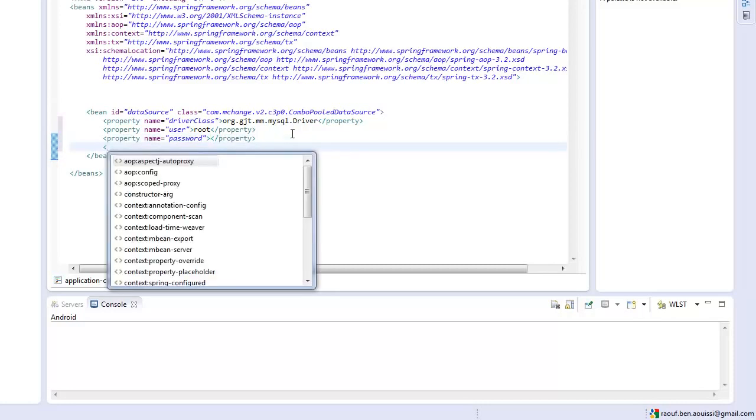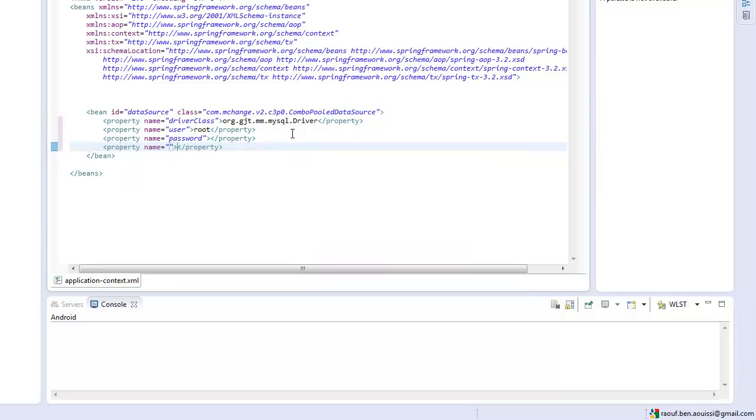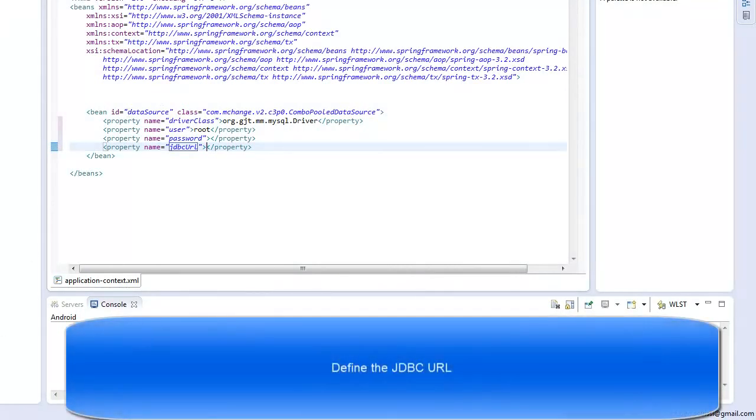Now we will define the JDBC URL. For me it's